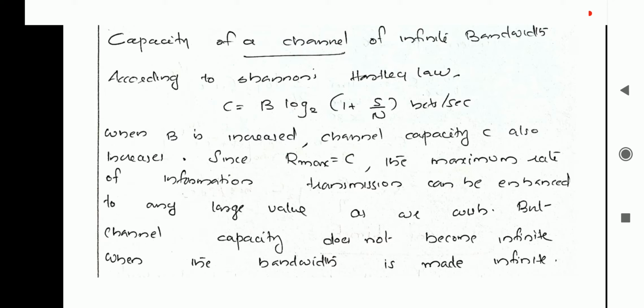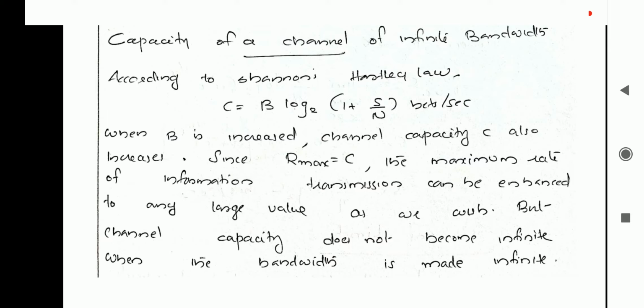second, where C is the channel capacity, B is the bandwidth and S by N is the signal to noise ratio. In addition to that, we also studied what is the bandwidth signal to noise ratio trade-off curve. So in that we studied that for the same channel capacity, we can reduce the bandwidth if we are increasing the signal to noise ratio. So in that example, we studied that if we are reducing our bandwidth by 25%, then we need to increase our signal to noise ratio by about 60%. So that is the bandwidth signal to noise ratio trade-off.